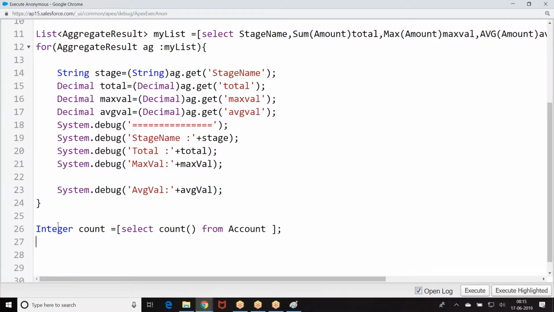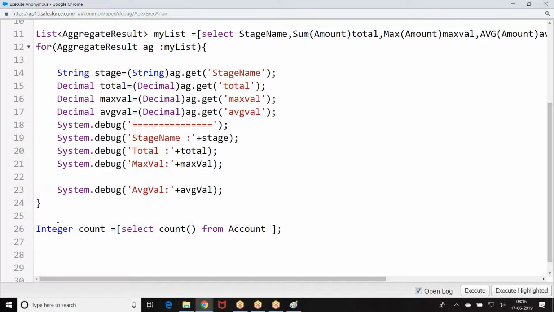Because the count is going to give you an integer value, we select count from so and so object. I hope everybody is good with this.